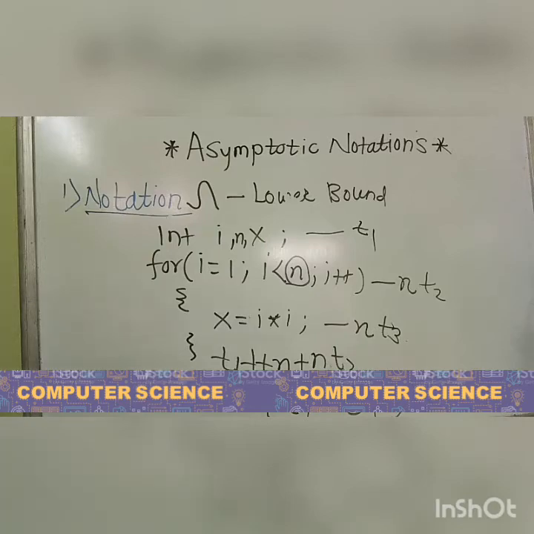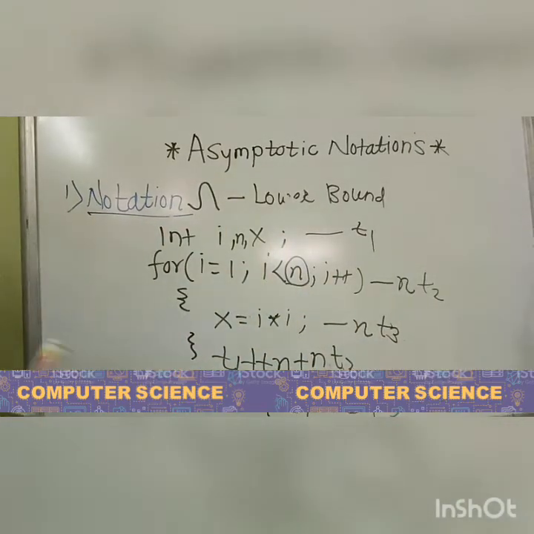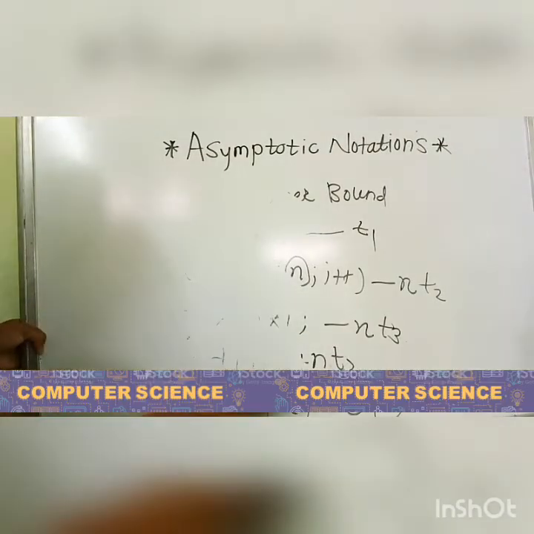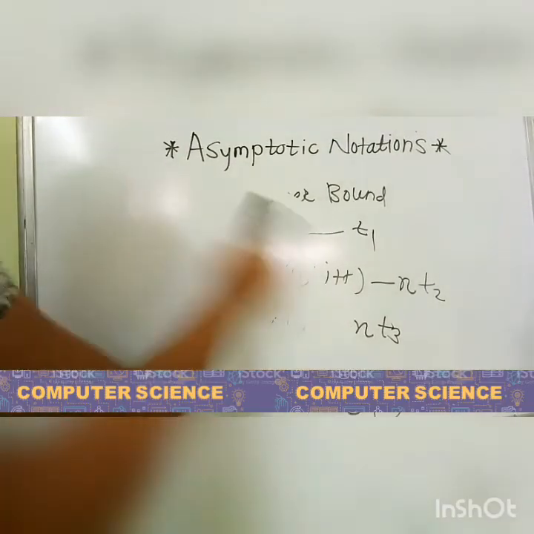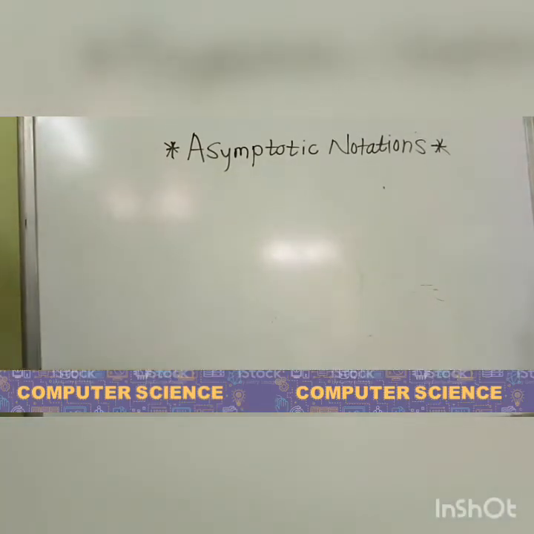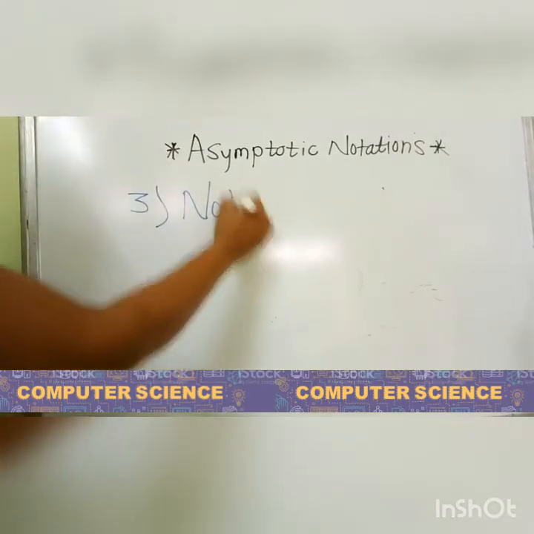Means how much time it will take to execute is denoted as the time complexity, and it will be denoted as big O of that complexity. So this is all about the mechanism behind big O and omega.